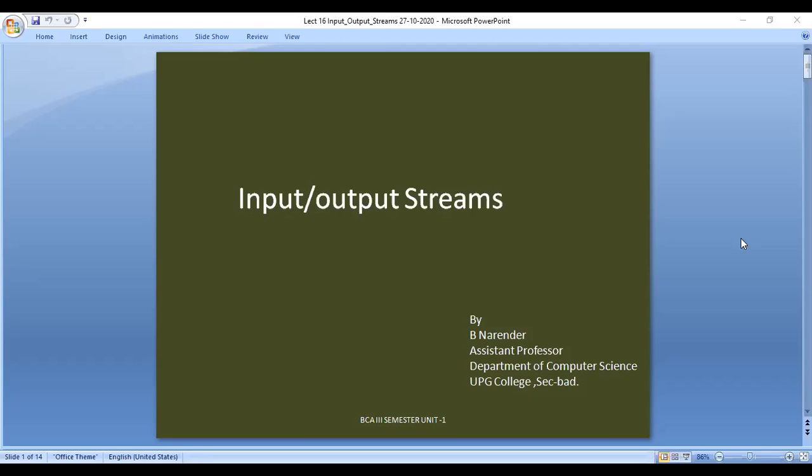Receiving, or else we can say giving data to the program and getting some output from it. Whatever data we are sending to the program should be in the form of streams. Streams will carry the data from one place to another place. So let us see what exactly streams contain, and what sort of streams are needed to carry the data.